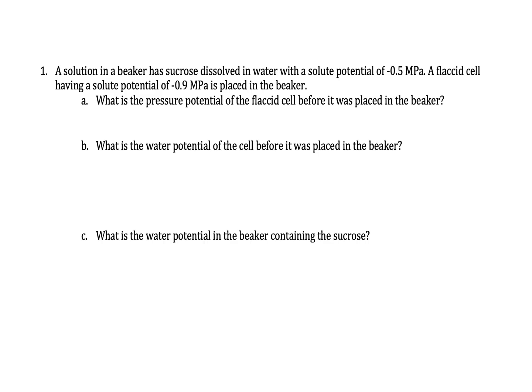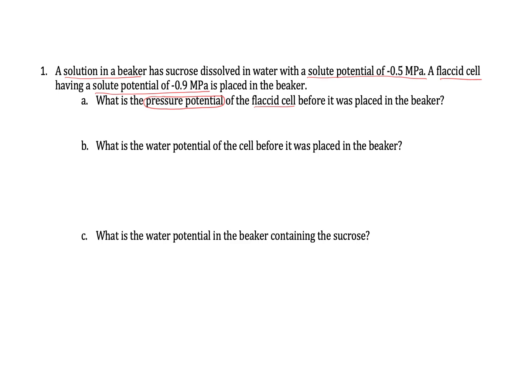Here's our first cell we're going to work together on. I have a solution in a beaker that has a solute potential of negative 0.5, and then I have a cell with a solute potential of negative 0.9 that has been placed in that beaker. I want to know what the pressure potential of that flaccid cell is before it was placed in the beaker. And since flaccid actually means like limp or wimpy, there is no water in that cell right now,